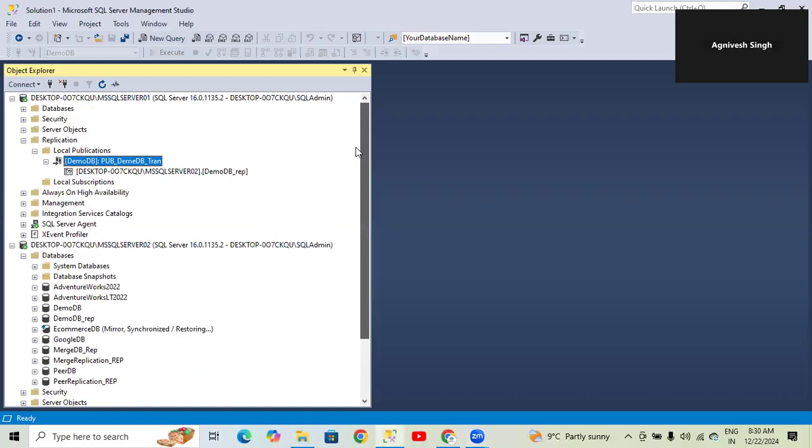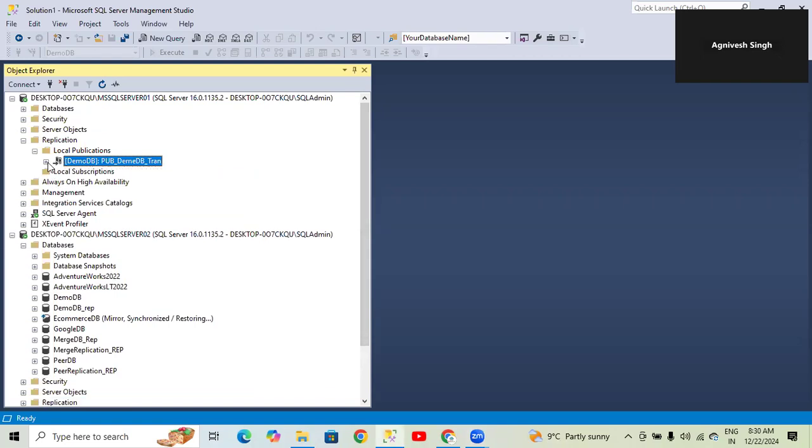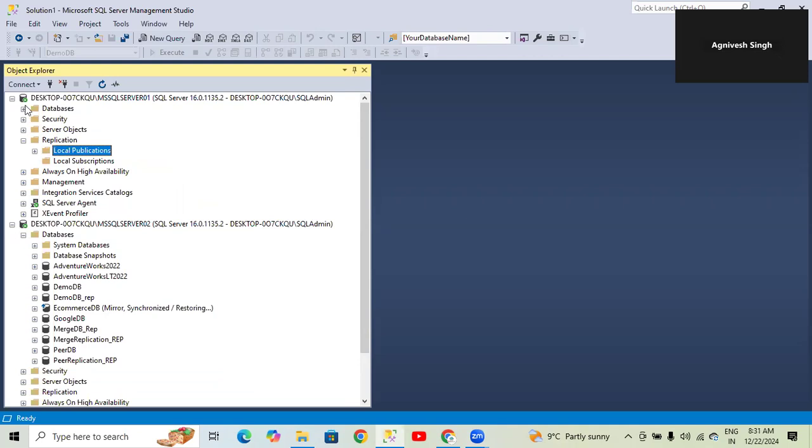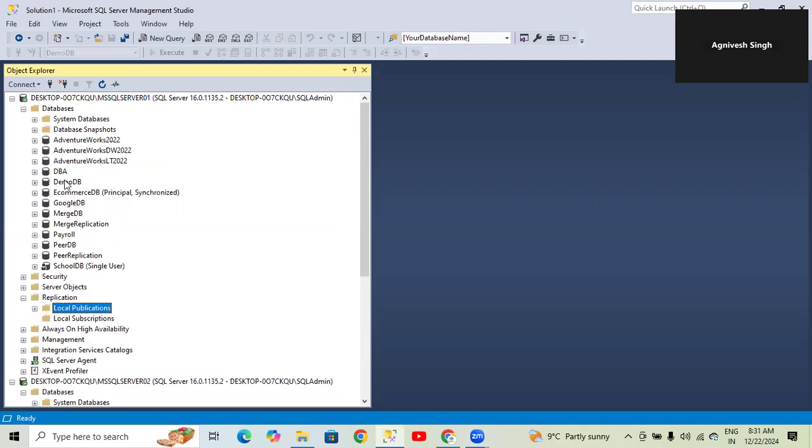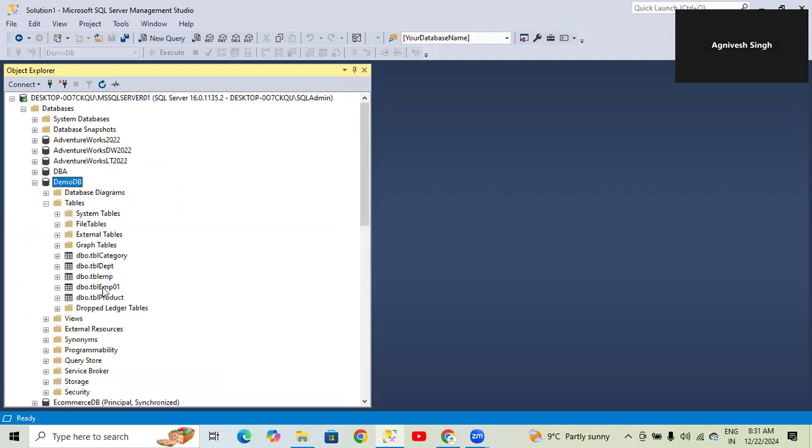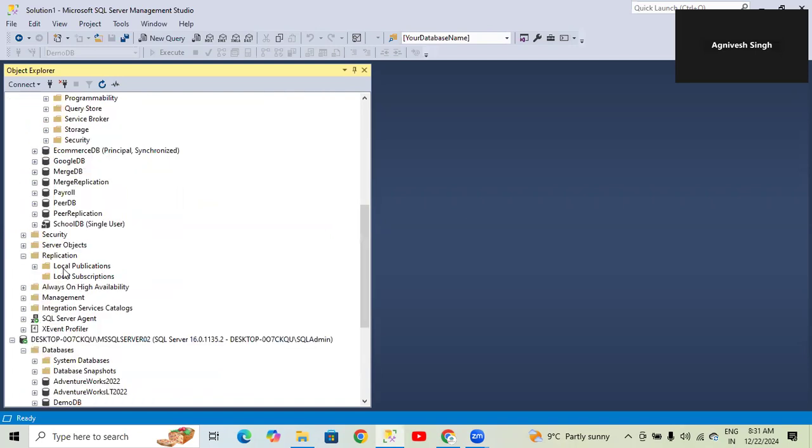Hello. So in today's session, I'm going to explain how we can add a new article into the existing publication. Let's suppose I already created one publication for a demo database, and this database has five tables. So if I expand here,